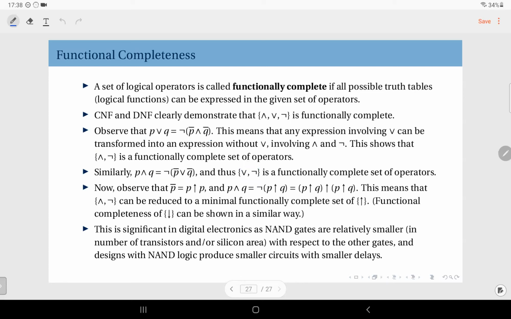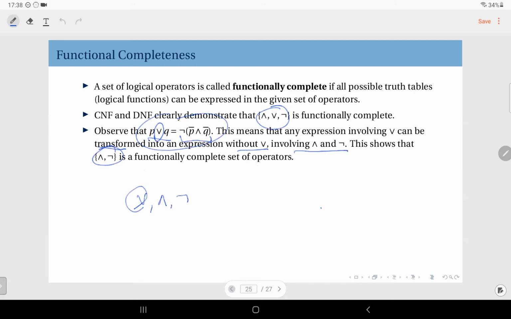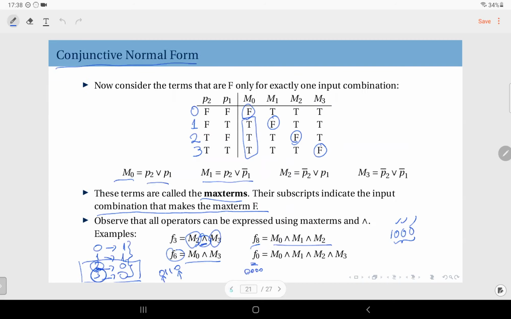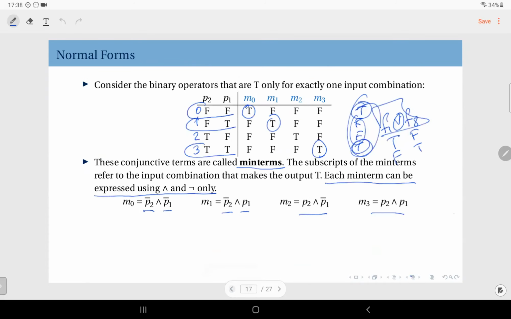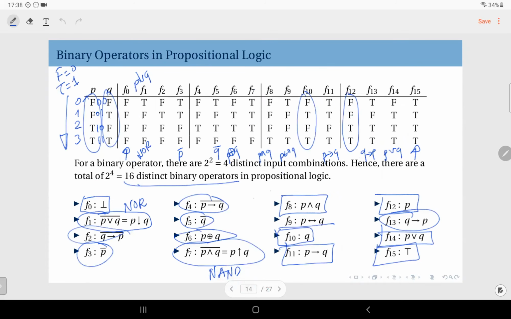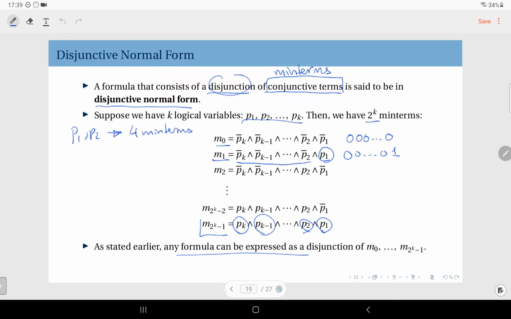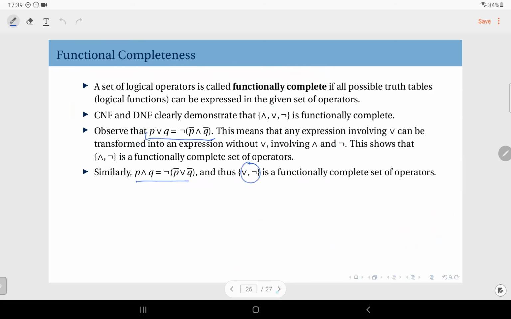Now, observe this. What is this? First of all, let's recall this from this set of possible binary operators. And you see, it's defined here. The NAND operation is defined as the negation of P and Q. So going back to this discussion here,